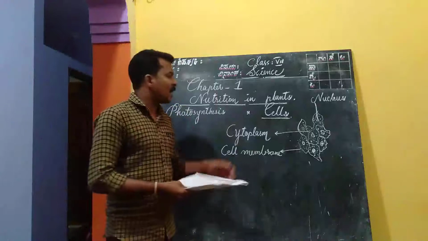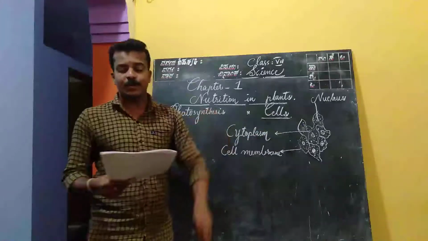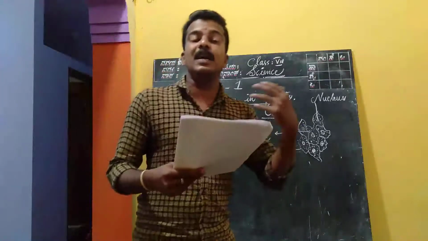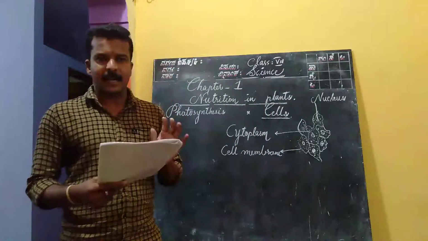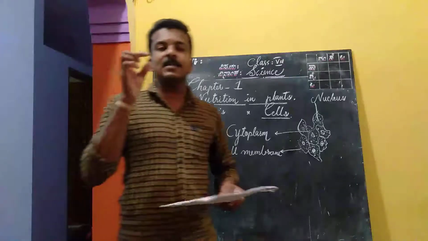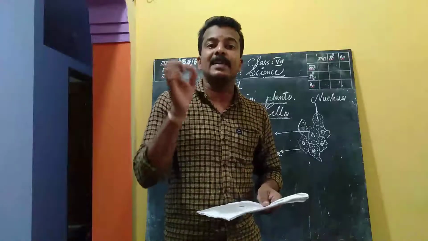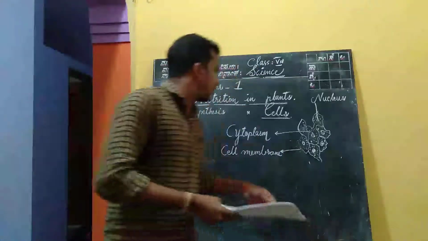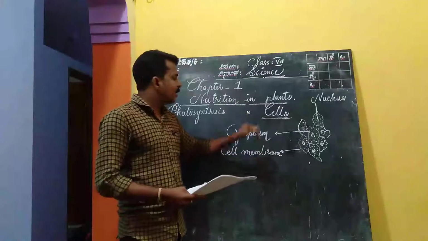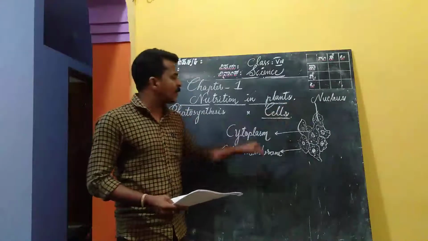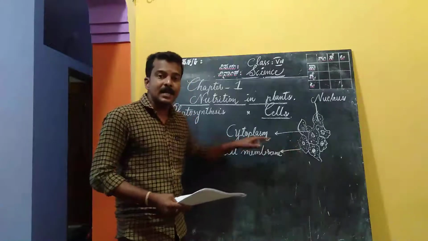Three words we learned. Actually, our intention is to learn about cells. As I told you, the bodies of living organisms are made up of tiny units called cells. As I told you just now, they are invisible to our naked eye. If you want to see a cell, we need the help of a microscope. And to learn about the cell, three more words we learned: cell membrane, cytoplasm and nucleus. What is the cell membrane? The thin outermost boundary of a cell is called the cell membrane.